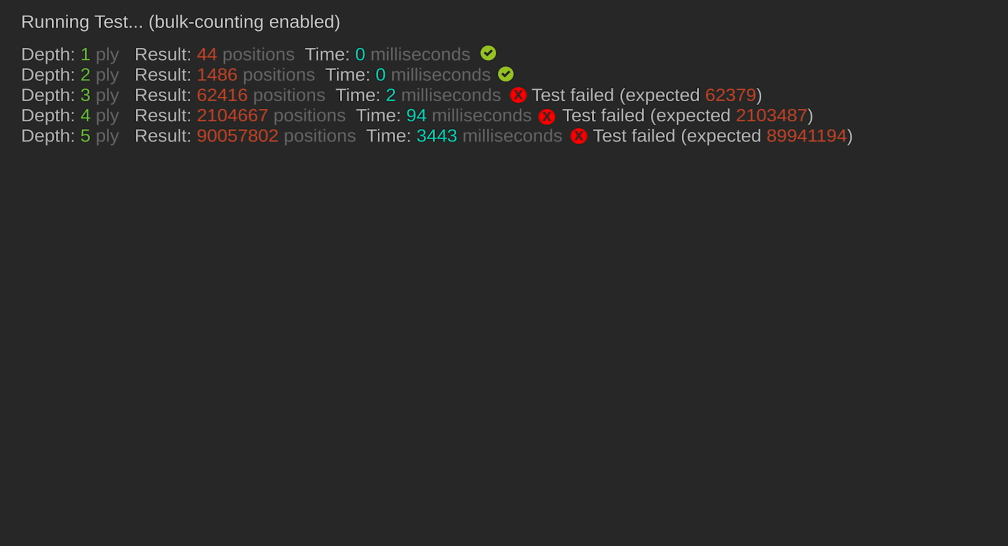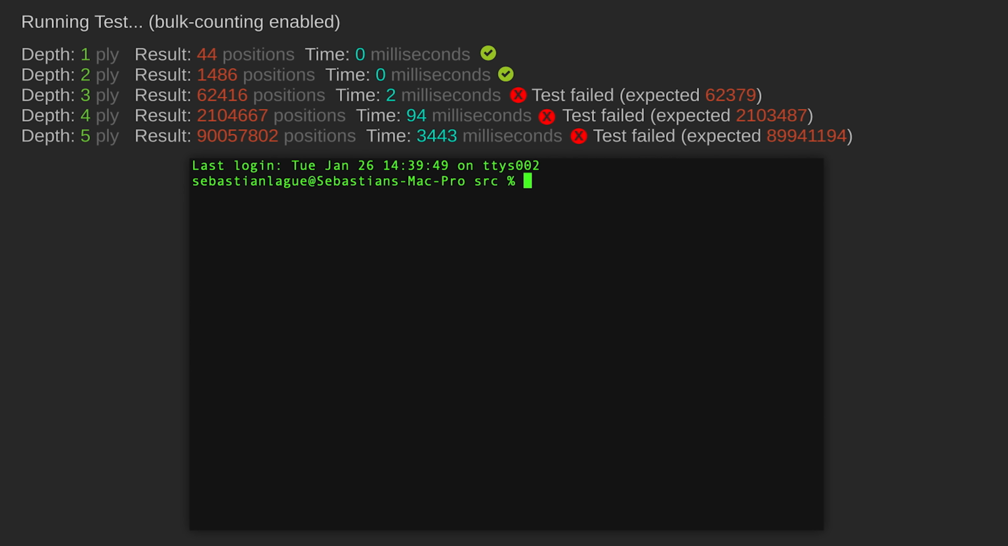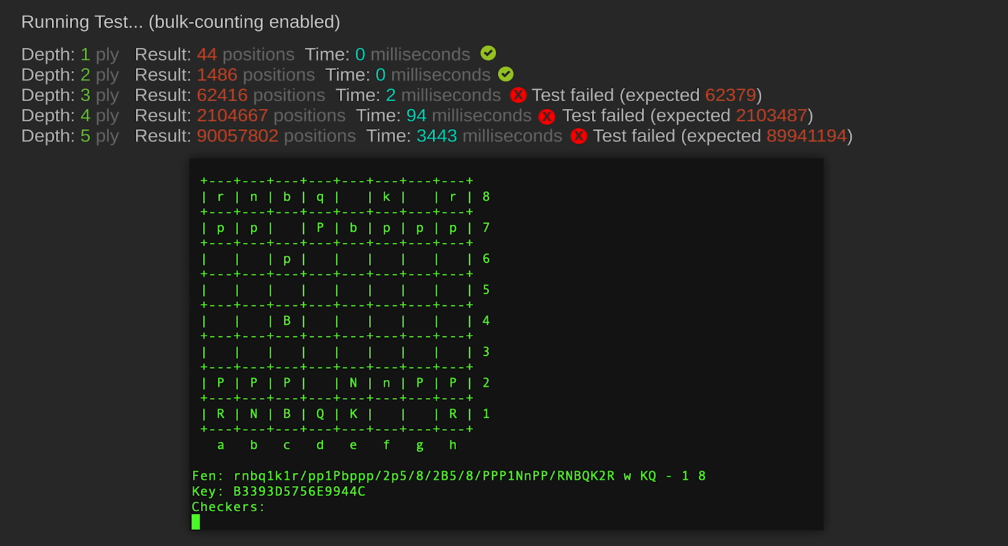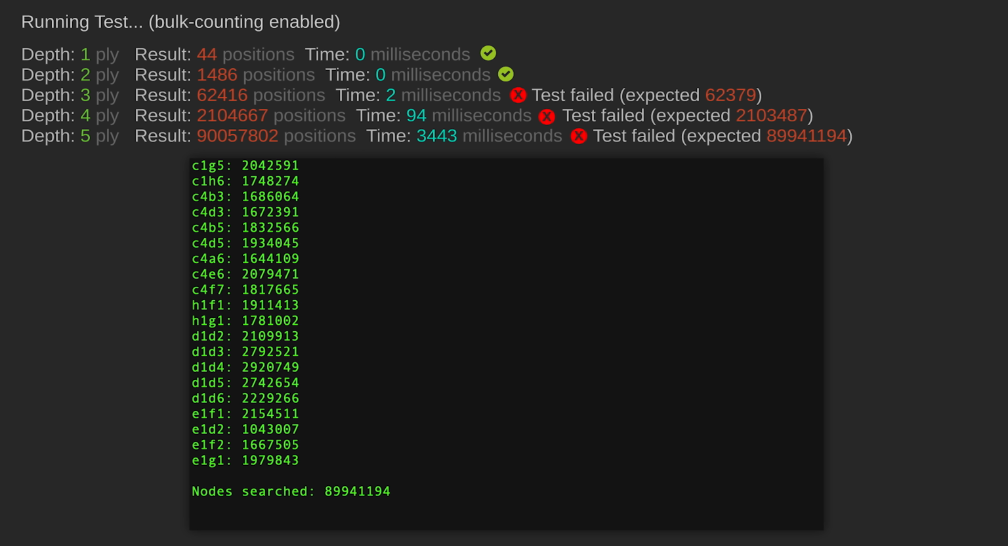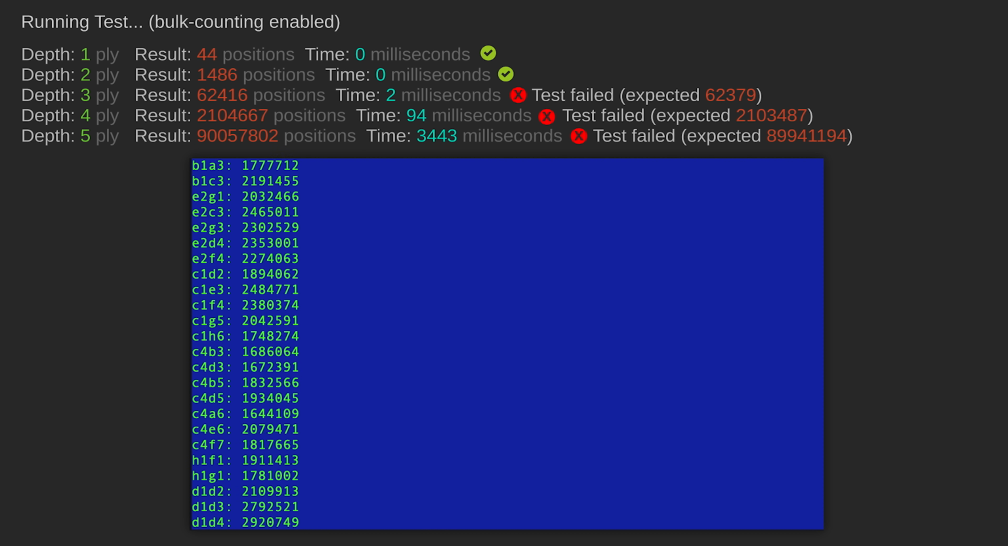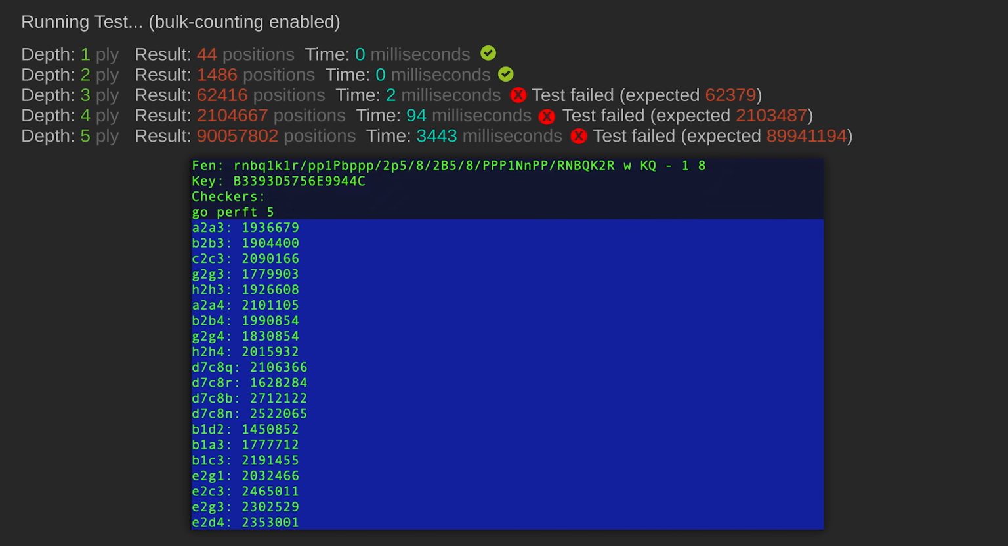So something in my code is wrong. What a surprise. To try figure it out, I'm going to enlist the help of one of the best chess engines out there, Stockfish. I'll enter the test position here, and then I'll ask it to run the same performance test. The fish of course gets the correct result, but what's super helpful is it gives this breakdown of the number of positions after each move, which I can compare with my output to quickly trace exactly which moves my